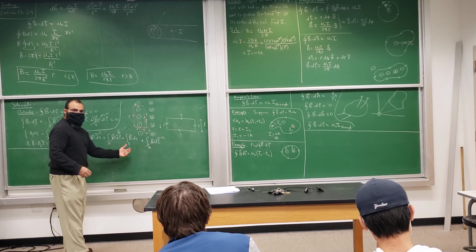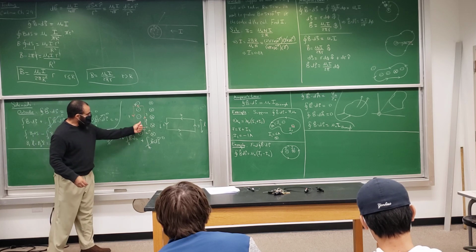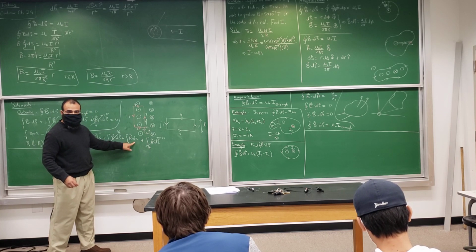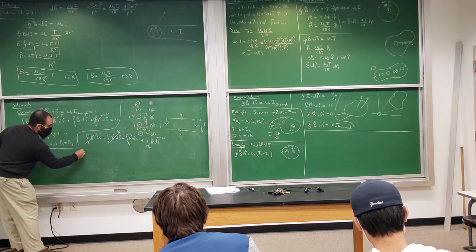For this one, we said the magnetic field is pointing up, ds is pointing up, so their dot product is just B times ds. So let's look at that portion. So you got B